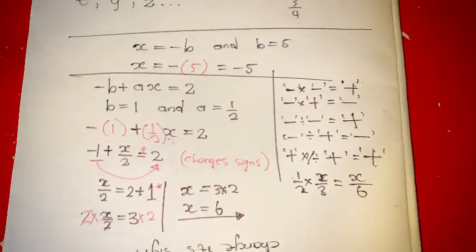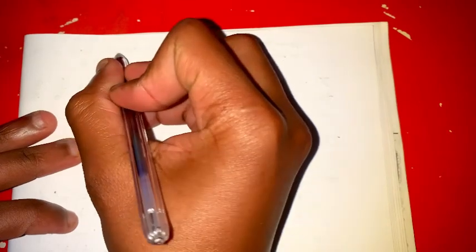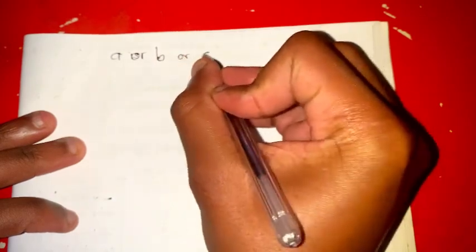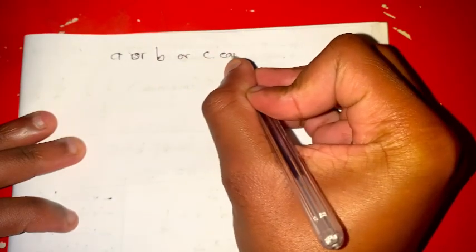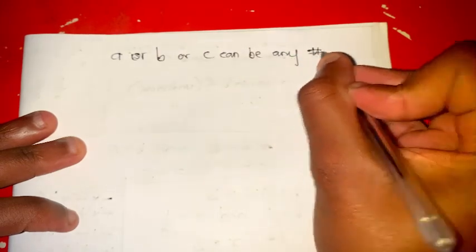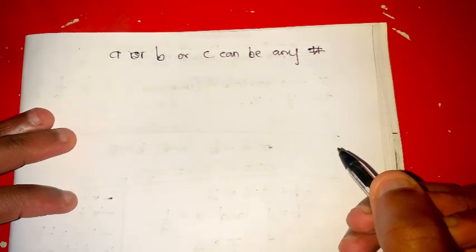Now let's look at another example. Here we have another example that I'm gonna make up. So we already established that a or b or c can be any number, right? So knowing that,